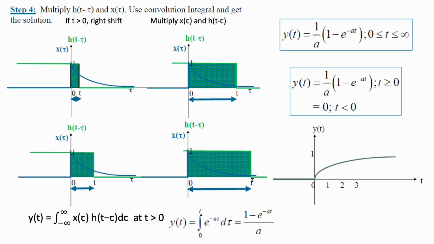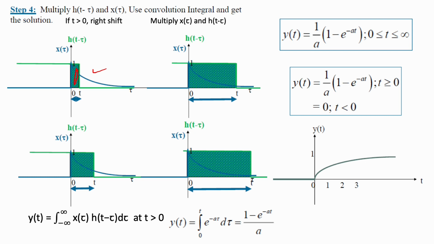The blue color represents x of tau. The green color represents h of t minus tau. First, I am keeping t at this portion. Now, the shaded portion is nothing but the common area between both